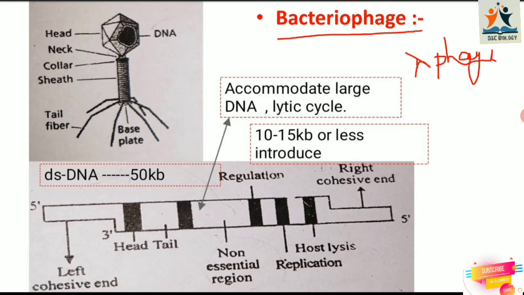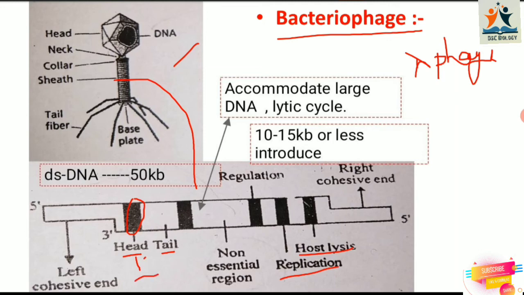So this is the DNA of lambda phage, and this DNA contains the head region, tail region, host site, and replication site. This is the head region. It means this region has the gene, and that gene produces a protein, and that protein then develops into the head.